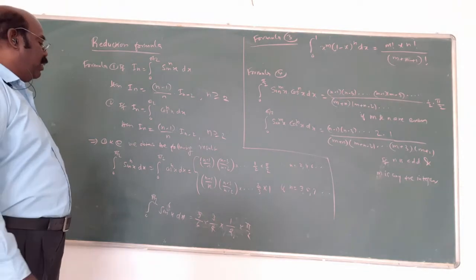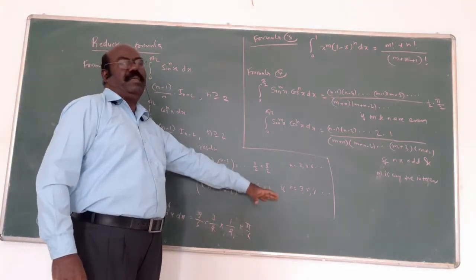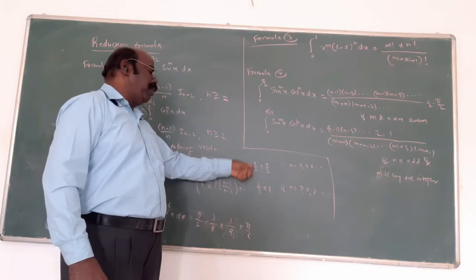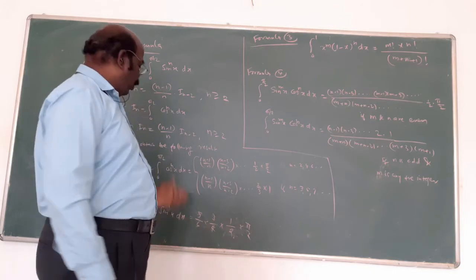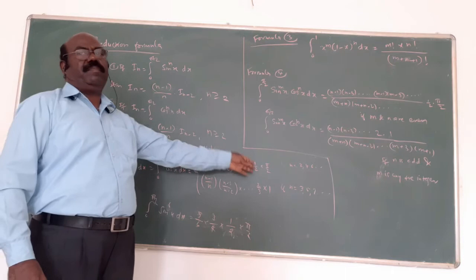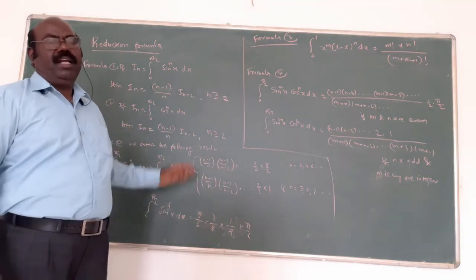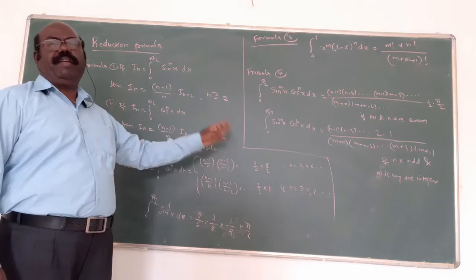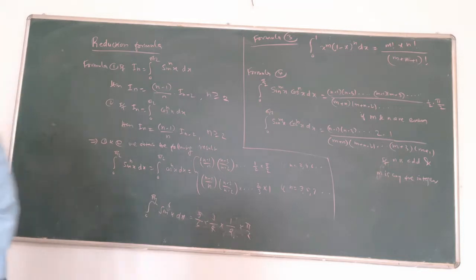The last number ends with 2 by 3 multiplied into 1. That is for an odd number. For an even number the last 1 by 2 will come in, and you will put into 5 by 2. The question is whether the power is even or odd; you want to guess. Even means the last step is 1 by 2, and you will put 5 by 2. If it is odd, the last step is always 2 by 3, and you put into 1. That's all. In this way, a small 2 mark question.